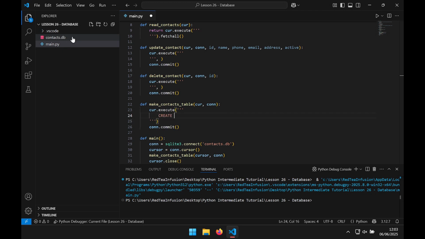CREATE TABLE IF NOT EXISTS contacts ( We are using capital letters because they are commonly used to indicate SQL keywords. ID INTEGER PRIMARY KEY AUTOINCREMENT,